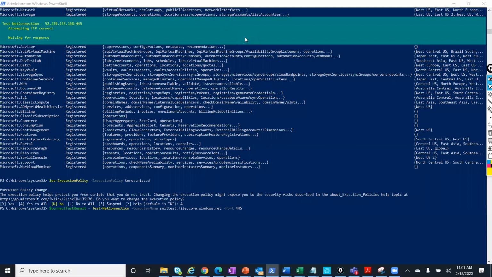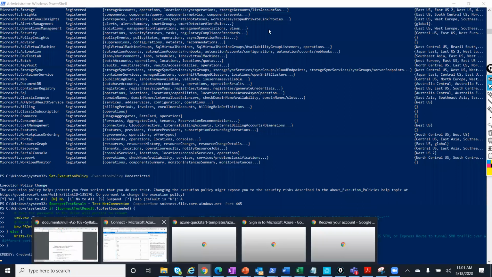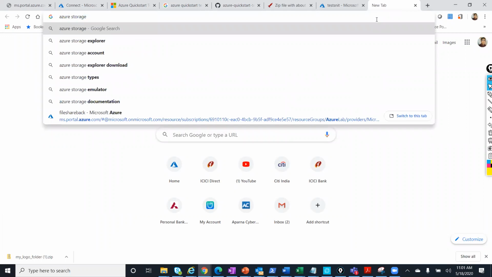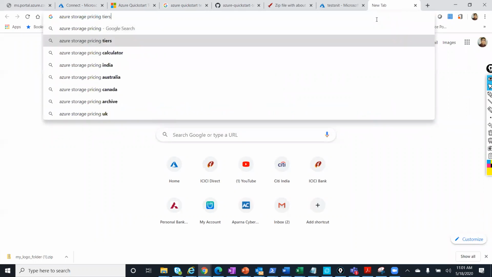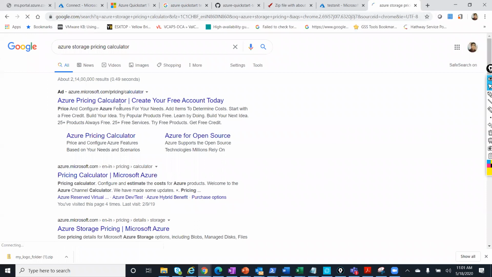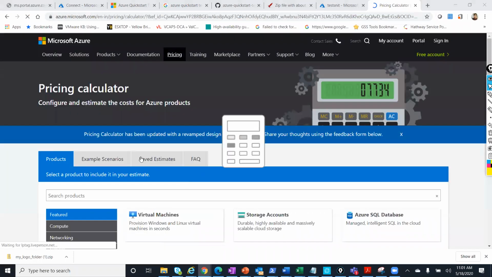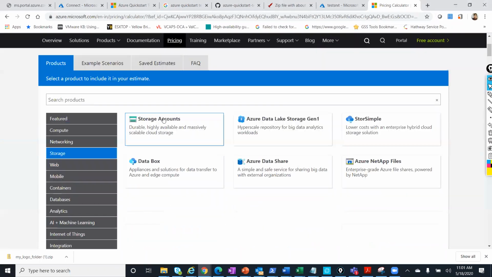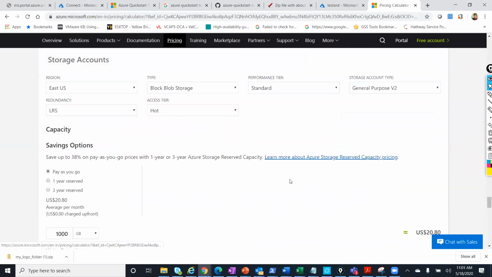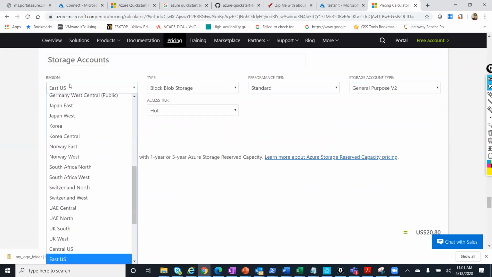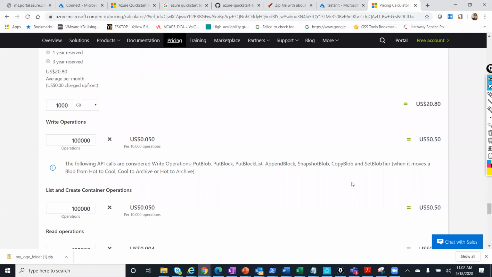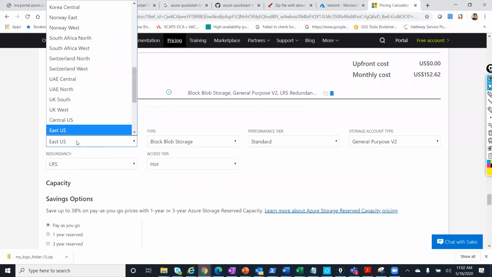Based on the locations also the prices will change. Yes, based on the location also the pricing will change. So I'll show you the Azure storage pricing calculator. If you want storage, you can come here and this is how you can select the region. If you select East US, you will have a different kind of pricing. If you select somewhere around South India,